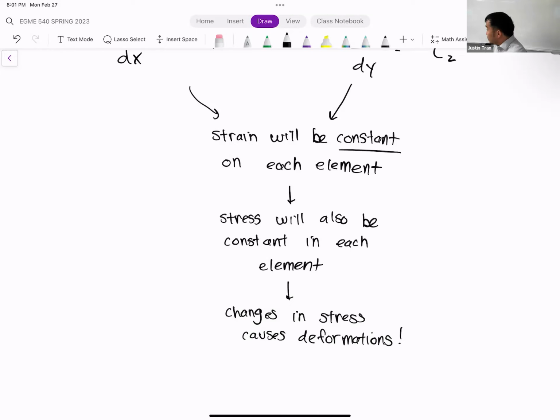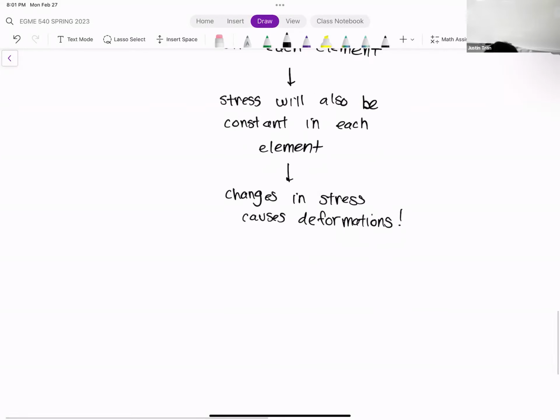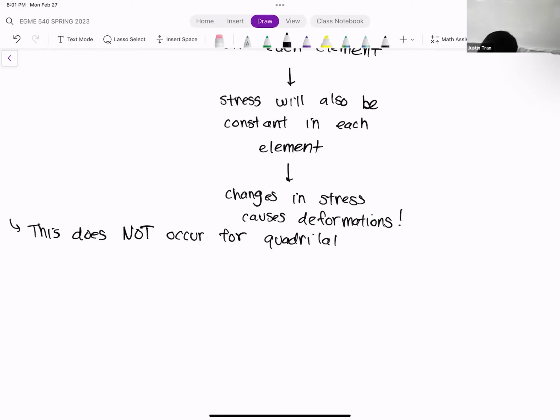This issue doesn't occur for rectangular elements. Or I should say it's a lot less common in those elements.